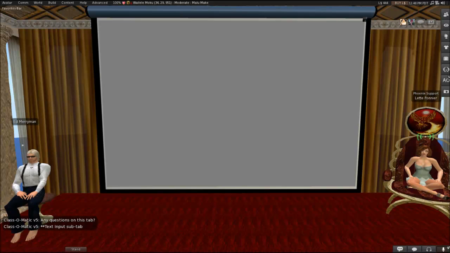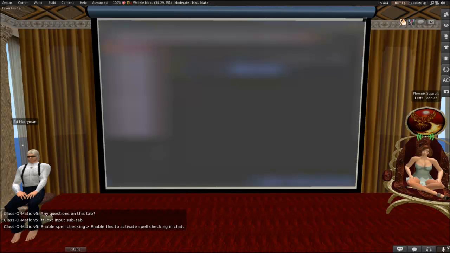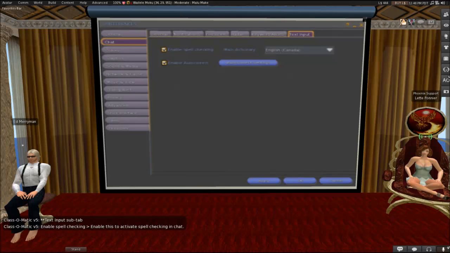So moving on to text input. Enable spell checking. Enable this to activate spell checking in chat. At the same time, if you don't want all those red squiggles under everything, you can disable it here. That's where those red squiggles are coming from. Right now you've got your main dictionary options to select the language to use for spell checking. At the moment it is several flavors of English. So if you're British and you're getting tired of COLOUR being corrected, you can go ahead and change that for